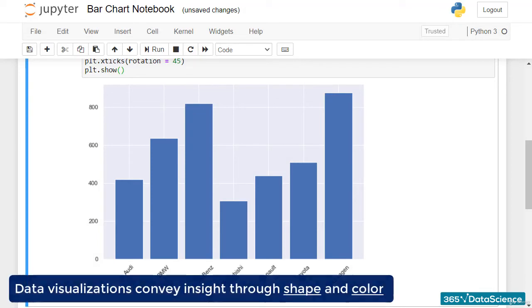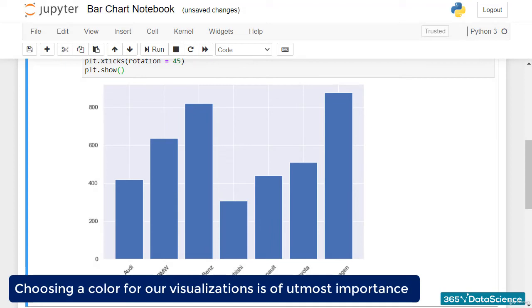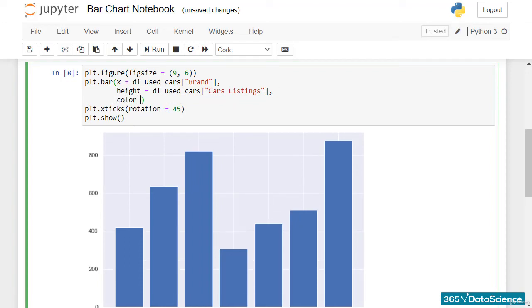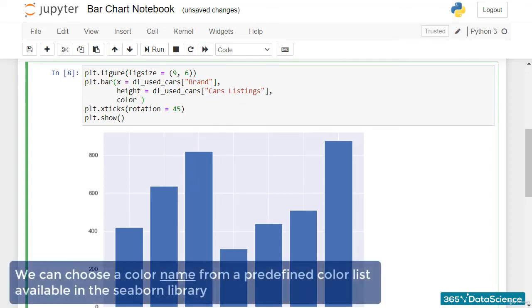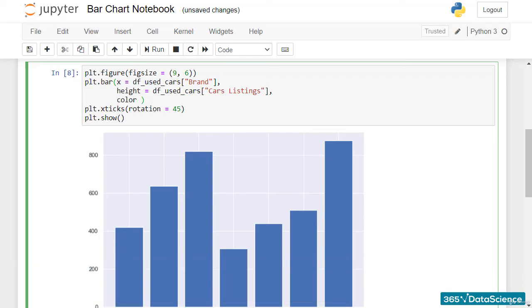Generally, data visualizations convey insights through shape and color. While the shape is somewhat restricted by the nature of the data, the color is up to us. Nonetheless, choosing a color for our visualizations is of utmost importance and should be thought through carefully. In matplotlib, we can change the colors of our plot by adding a color argument. Furthermore, we can choose a color name from a predefined color list available in the Seaborn library. Seaborn recognizes over 100 color names, starting from the basic ones such as